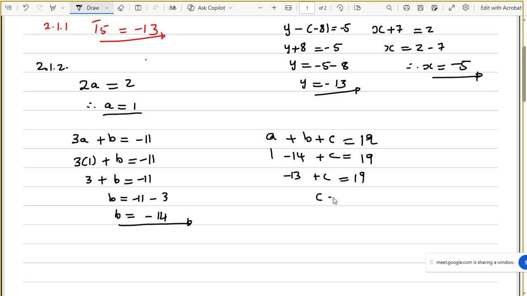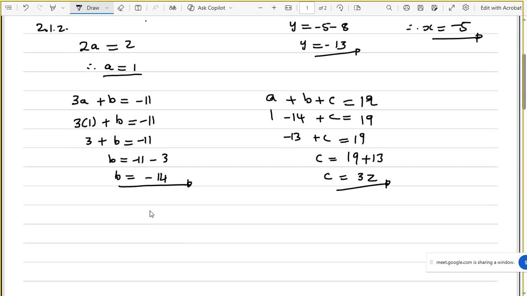The -13 goes to the other side to be positive. When you add the 2, it's like saying 19 plus 13. So the 1 goes there, that's 20. 20 plus 12, that's 32. And that's it. So remember, the general term is in the form of Tn equals An squared plus